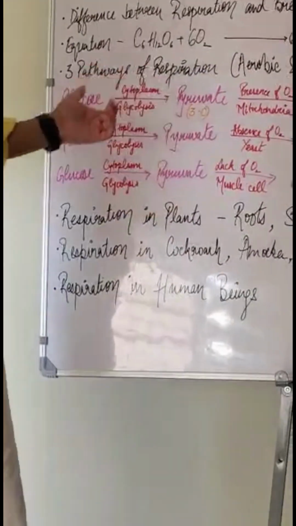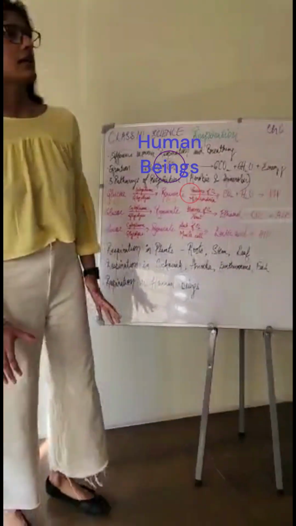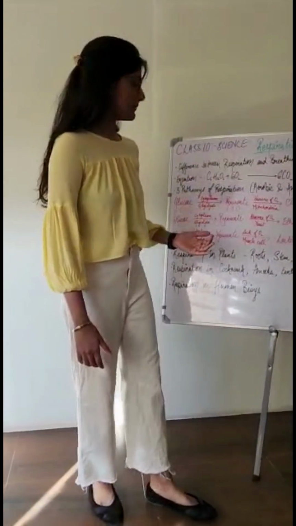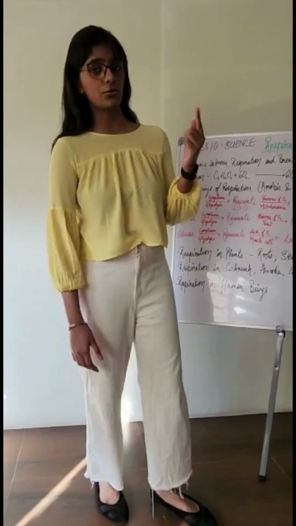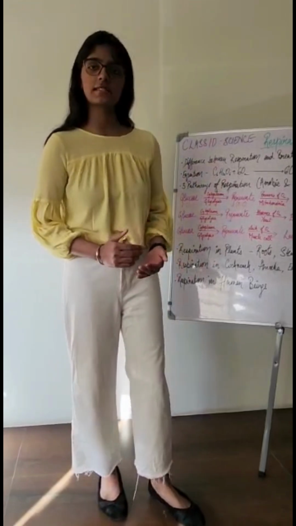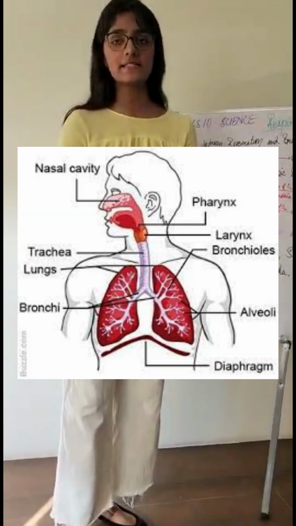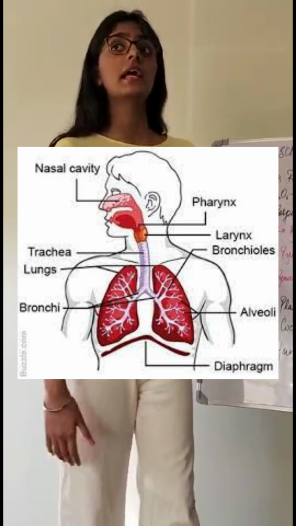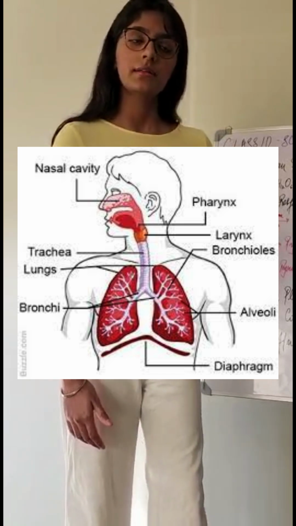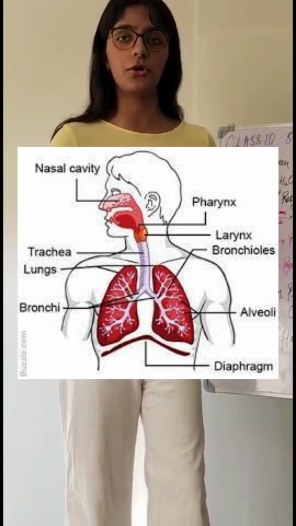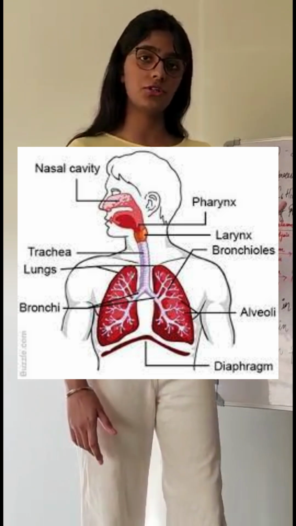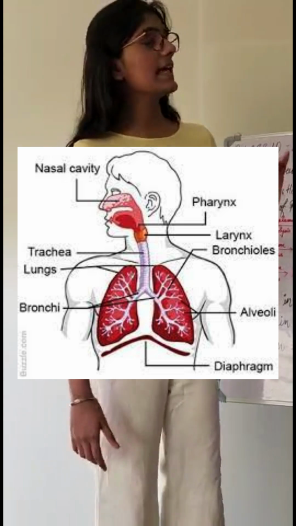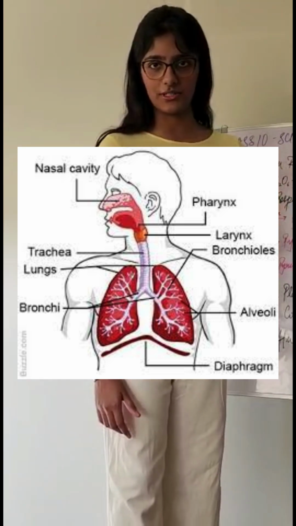Now we come to the main topic, which is respiration in human beings. This is a complex process because we have a number of parts which help in respiration. First, we start from the nose and then nostrils. Then we have pharynx and larynx. Larynx is the voice box, जिससे मतलब हम बात करें तो वो larynx की मदद से कर रहे हैं. Then we have the trachea, which is the windpipe. The trachea further splits into two bronchus. Bronchus further splits into bronchioles, and bronchioles के end में जो होते हैं वो होते हैं alveolar air sacs. ये alveoli होते हैं जहाँ पे exchange of gases होती है.